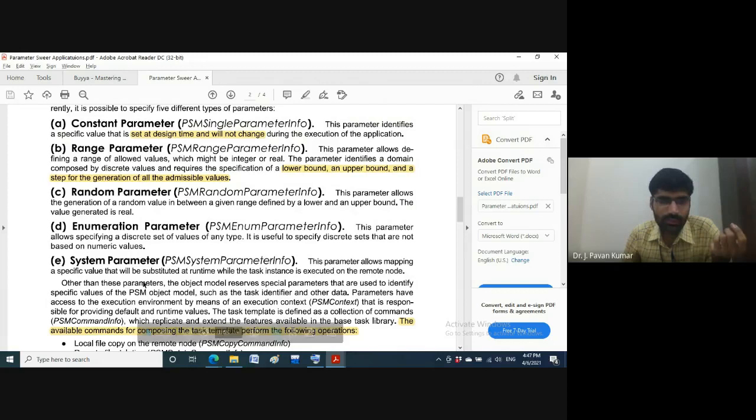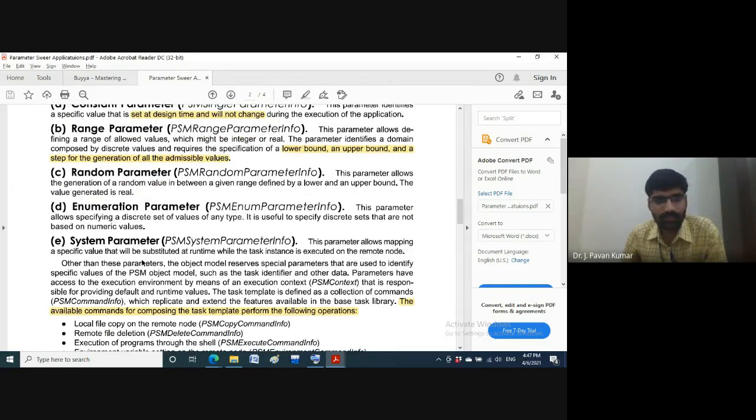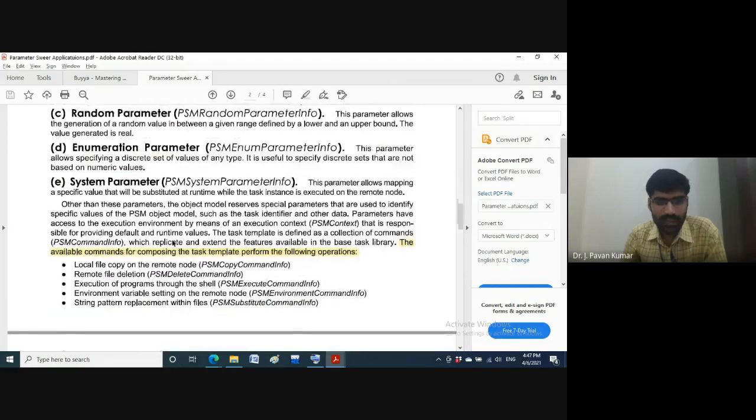This parameter allows mapping a specific value that can be substituted at runtime. While executing the application, we can substitute this parameter. Such a parameter we call a system parameter, and it is supported by the class PSM system parameter info.